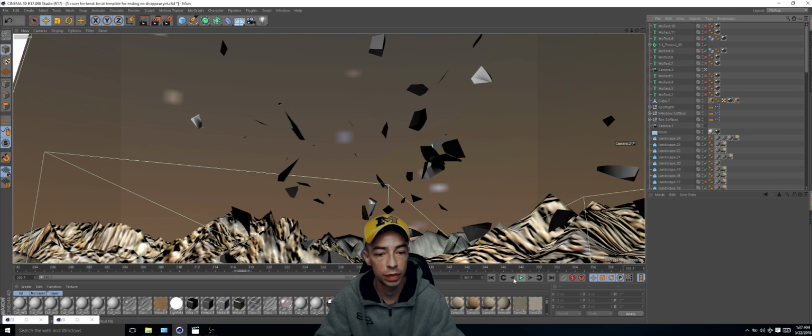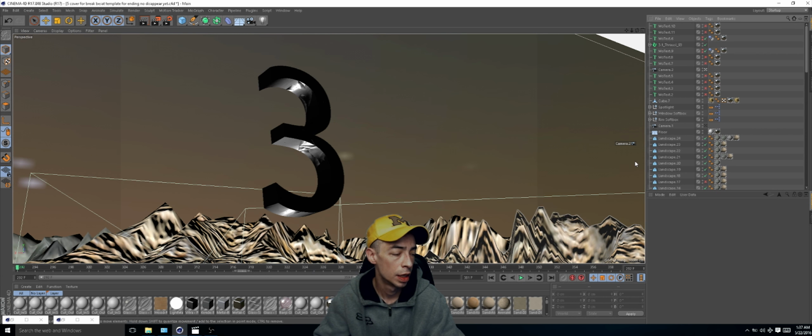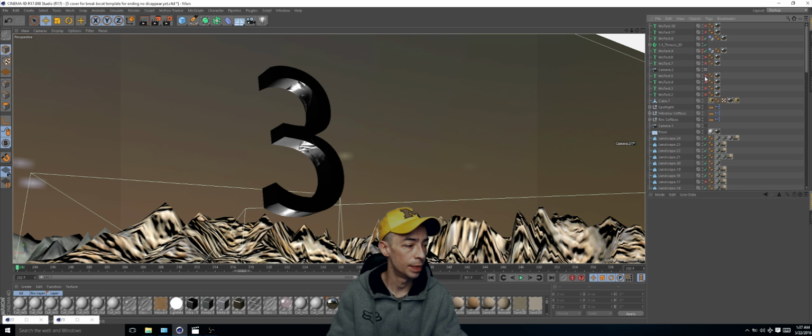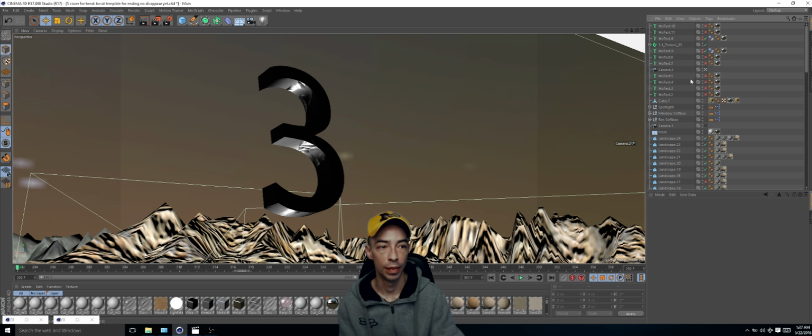Okay, now we have our exploding 3, and you're probably thinking, okay, that's pretty cool, but we can take this a little farther, guys, and make this really cool, to make it make a little more sense. You're probably like, why is the 3 exploding? How's it exploding? You can do whatever you want, incorporate some light and explosion, but what we're gonna do is